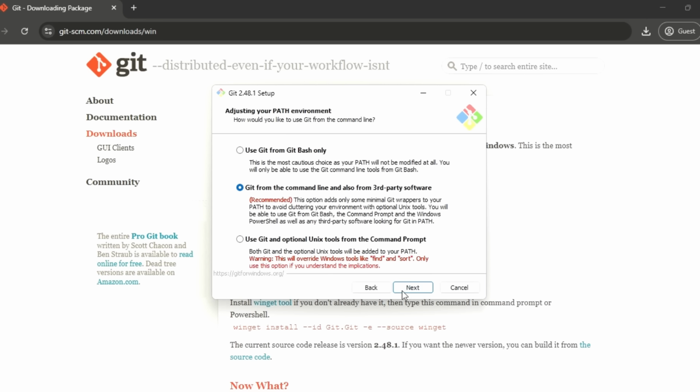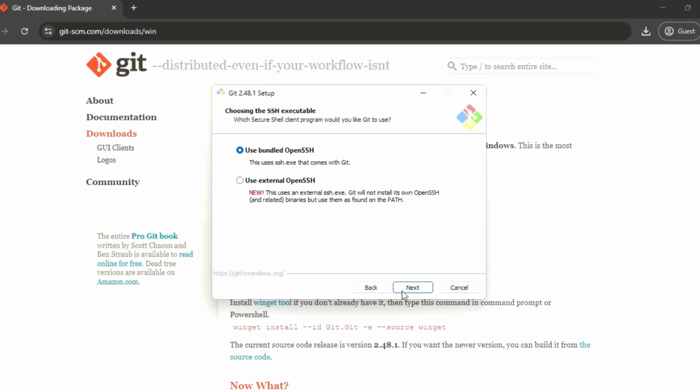The second option, the one that's pre-selected, allows us to execute Git from the embedded command line and from the Windows command prompt. The third option will add the Unix-like tools shipped together with Git to the Windows command prompt. If you choose this option, any commands that have the same name as those in the OS will then come from the bundle and not the basic OS. We'll keep the second option selected, as it's the one that's most convenient for us, while not interfering with the local tools.